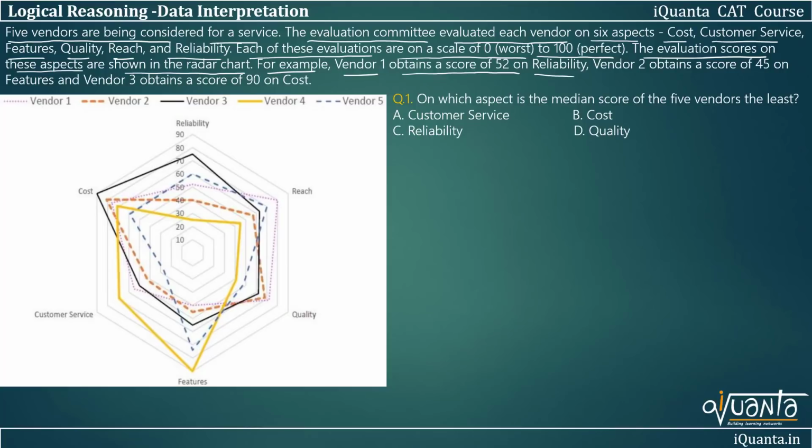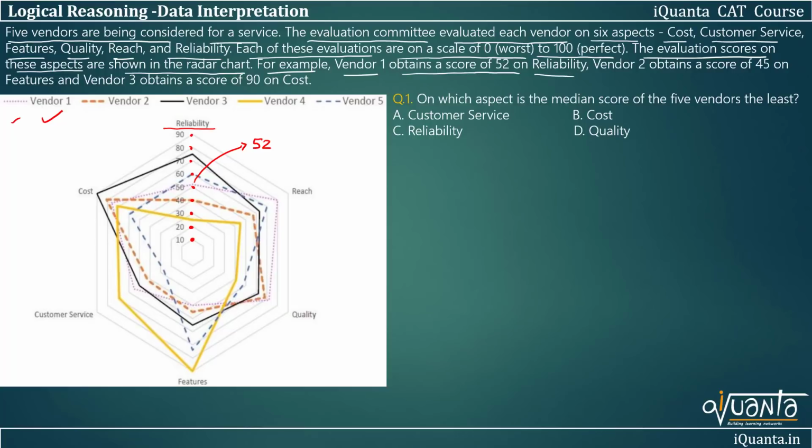So we have a chart here, and if we talk about reliability, it is over here. We have to check for vendor 1. Vendor 1 is represented by this pink dotted line. Pink dotted line is over here. So the score of vendor 1 in reliability is somewhere around 52 because this point is somewhat close to 52. I hope this is understood. Similarly, for all the vendors, you have to calculate the score using this chart. Basically, this chart says that this is 10, this is 20, score of 30 is here, 40 is here, 50 here, 60, 70, 80, 90, and score of 100 is not represented here.